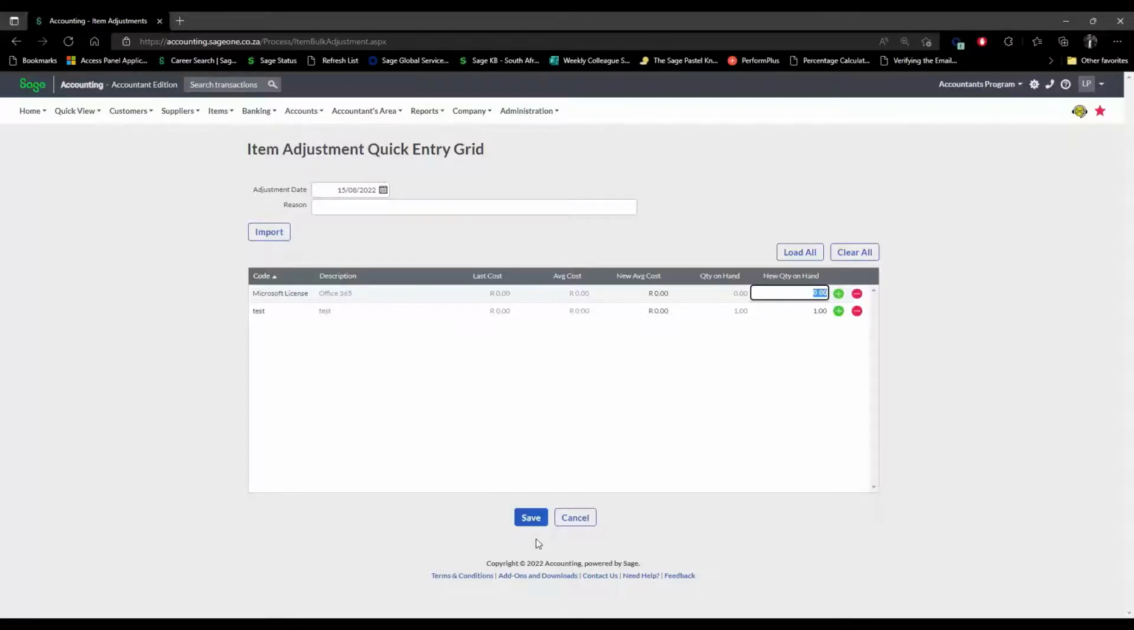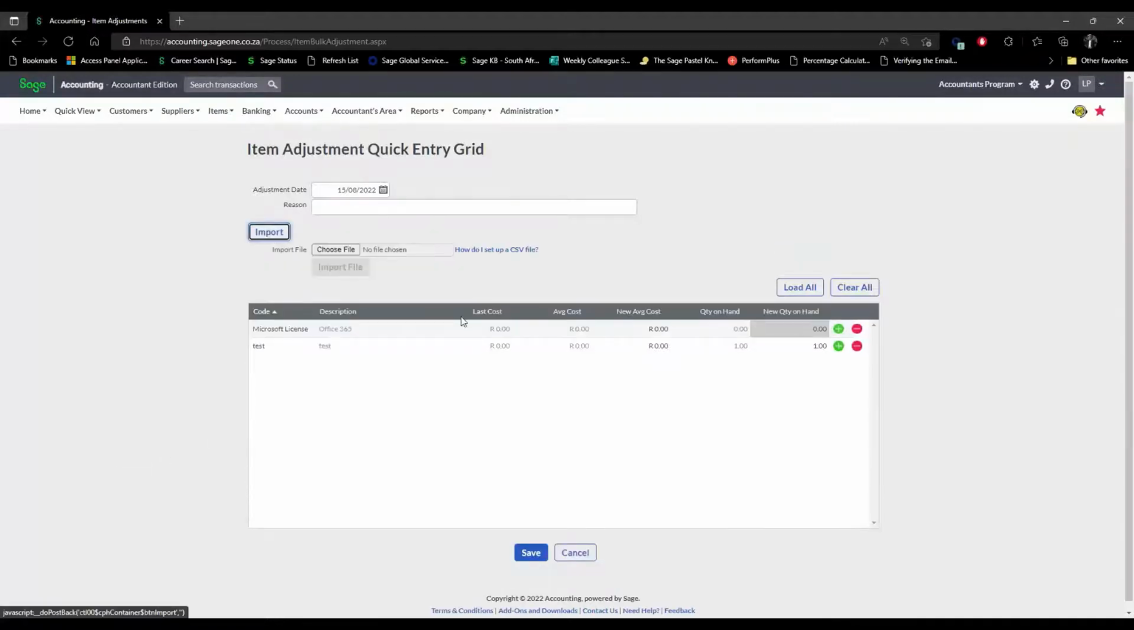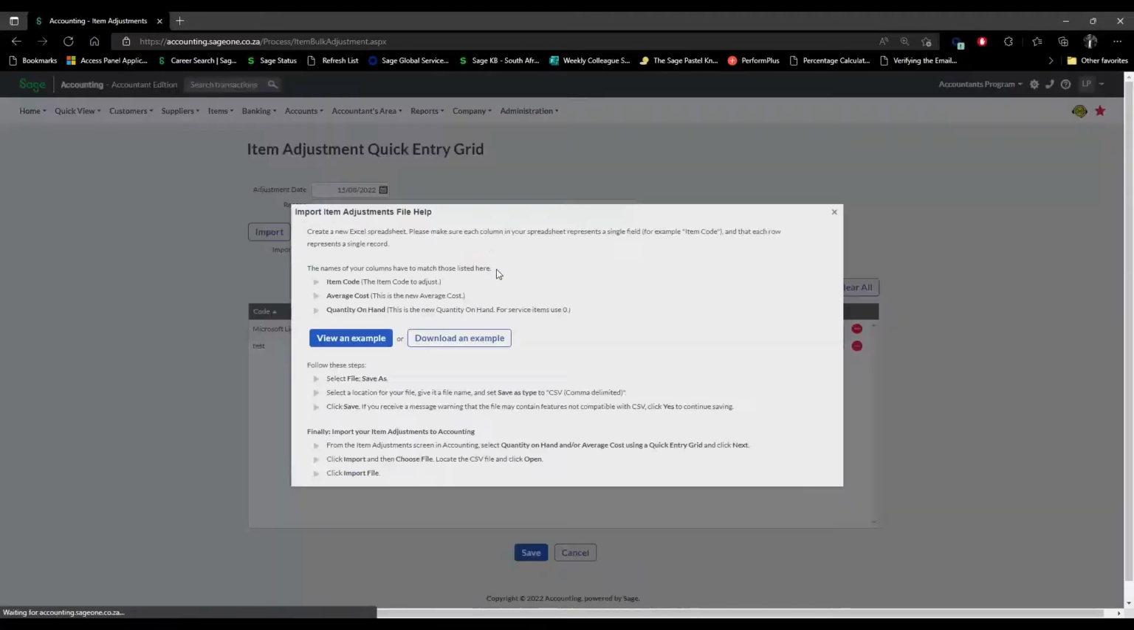If perhaps you want to update your stock on hand and someone else works on the stock on hand, maybe in Excel, they can gladly continue doing it in Excel. And then on your side, you just come here and you have the option to import. You import the file and it'll update all your quantities, and then you can save. Again, similar to all the other import options,